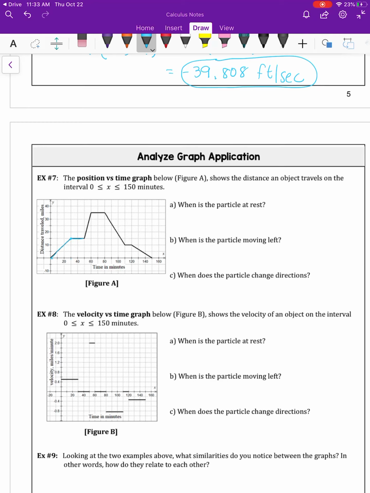It stays at 30 miles away from 30 to 50. It stays 30 miles away. So that means that it must be at rest. So when is it at rest? Well, it's at rest between 30 and 50. Then it starts going, now it's looks like 30,